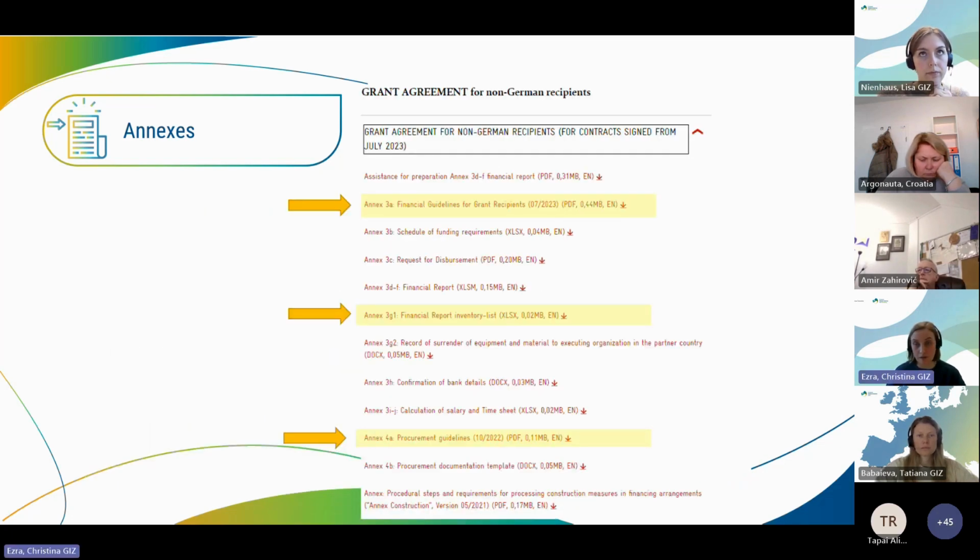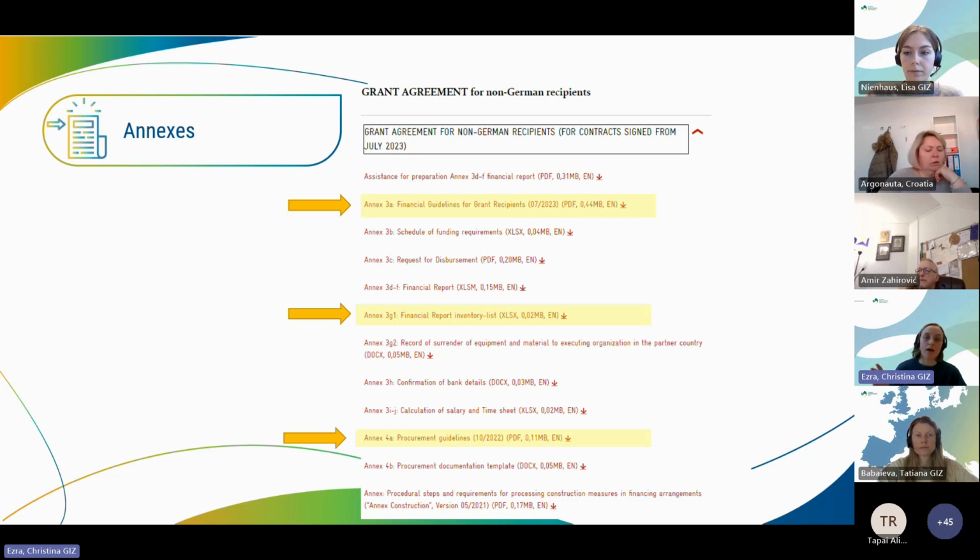The link forwards you to our GIZ website. You see an excerpt from it here. Always go to the drop-down menu that applies to your contract starting date, and you will find all the records and templates there. The first step you should always take when searching for answers regarding the financial implementation is taking a look at Annex 4A, the financial guidelines. There is a lot of information in there with further explanation